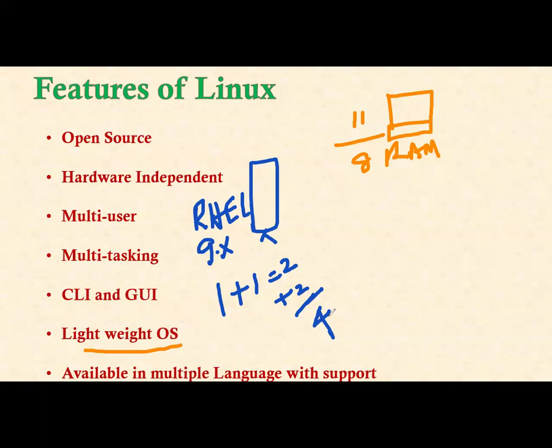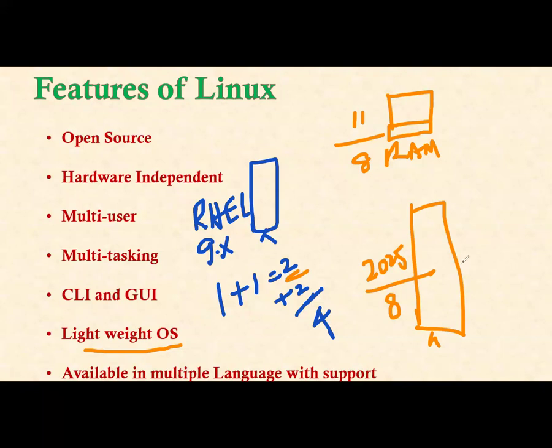All right, friends, this is the way we need to install it and we can use it. So this is your lightweight operating system, very light in weight. And if you want to go with your Windows Server operating system, the latest Windows Server operating system is 2025. Again, for this 2025, it is 8 GB. This is much better. We need to start with 8 GB. But Linux Server 2 GB is more than enough.